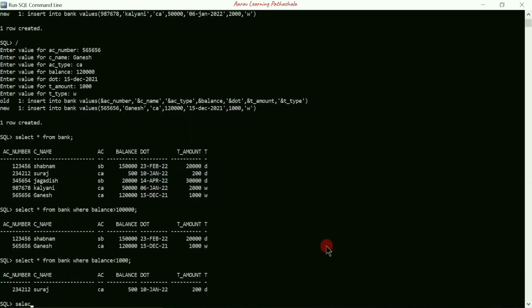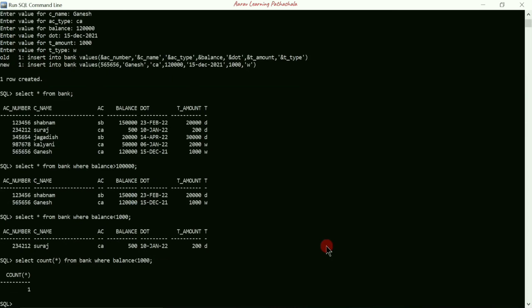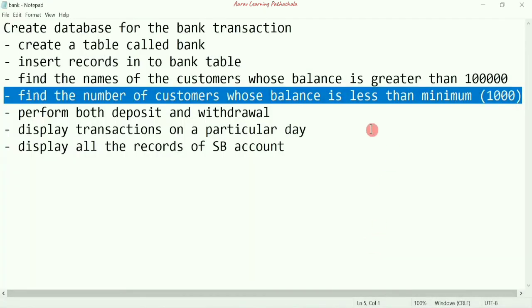So what we can do is we'll write select count all from bank where is the clause balance is less than 1000 and put semicolon. Here you can see it is going to display 1. So how many customers are having the balance less than 1000 is 1. Okay, yes. So after this query, so what we have